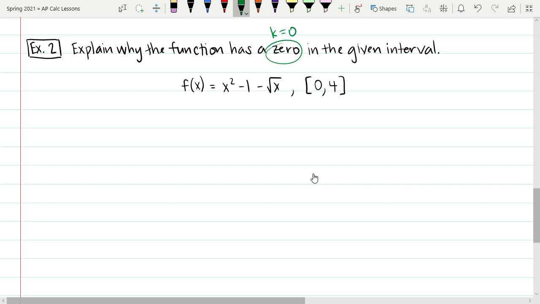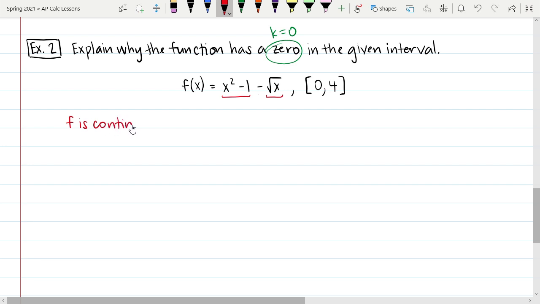Okay, so in order to use the intermediate value theorem, once again, I need to verify that the 2 conditions for the theorem are met. So first we have to talk about continuity of this function. So this is what I was referring to a little bit earlier. This is definitely a unique type of function. It's not simply a polynomial, it's not simply a radical, it's a combination of the 2. But in fact, it's actually a polynomial minus a radical. And as we saw earlier, if I take 2 continuous functions and I simply subtract them, then the resulting function is still continuous. So I can justifiably say that f